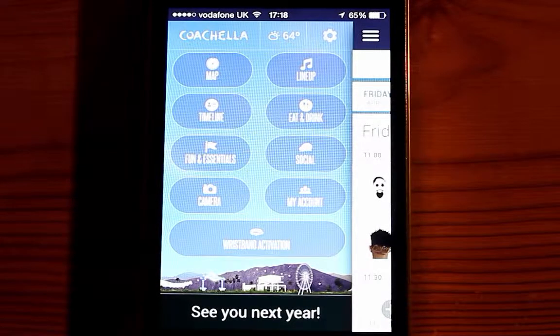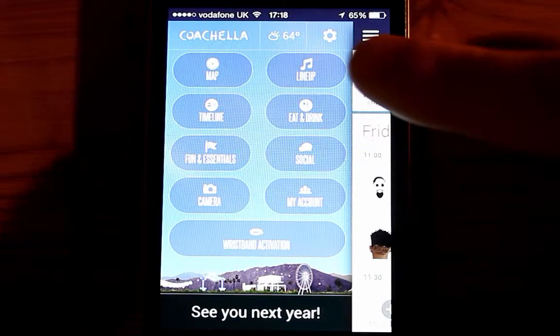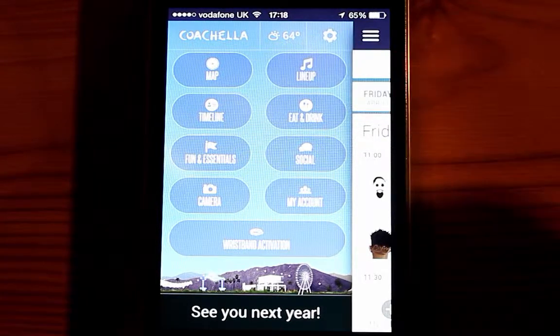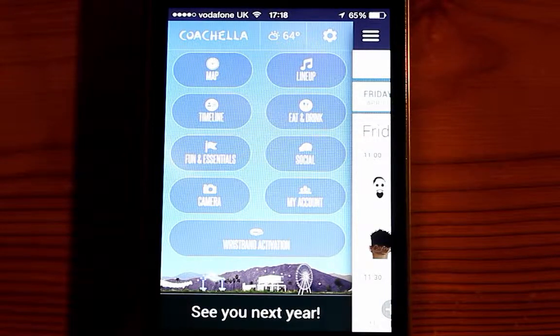Here we have the Coachella mobile app. I really want to focus on this section here, which is the lineup section. So looking at the graphical user interface to begin with, the menu almost seems to be a little bit cluttered